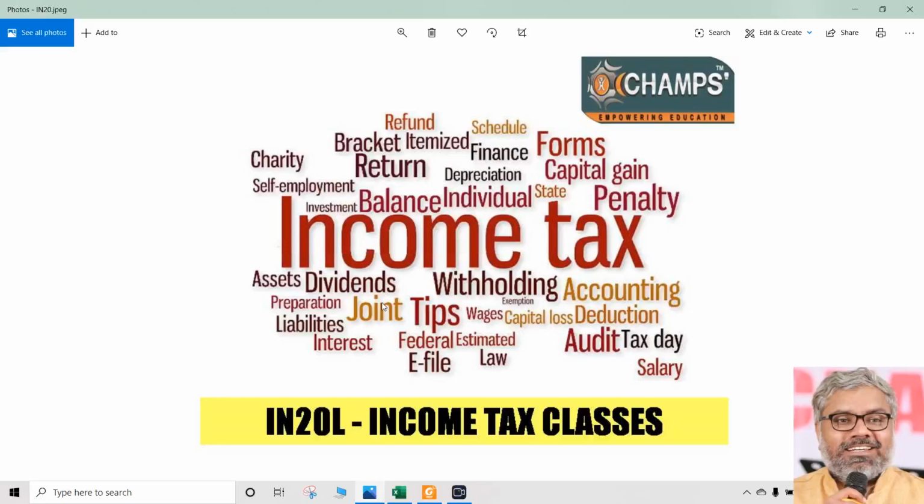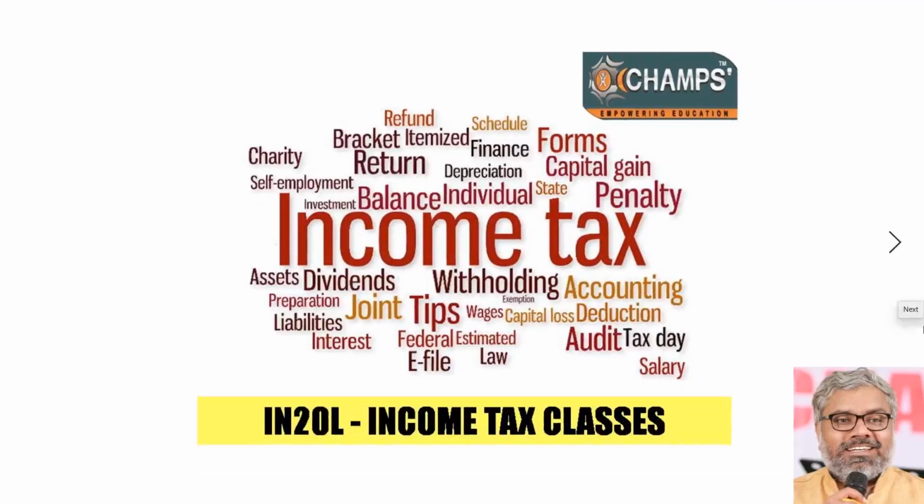Otherwise, certain words will be left: control and management, place of effective management, business connection, significant presence. All these words are used by law very loosely, and those are, I would say, gray areas when it comes to reality. We don't need to know about them in detail from a legal point of view, practically, because that is a huge area. But still, we will have to know the theory, since theory questions can come from that. As far as problems are concerned, definitely the residential status questions will contain majorly the residential status of individuals only.